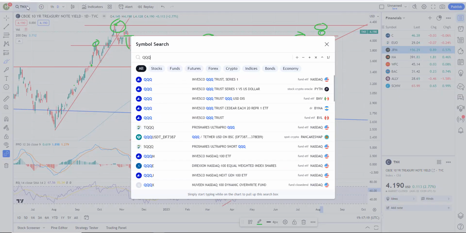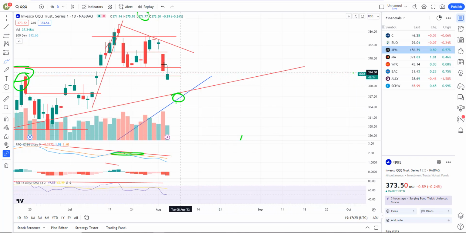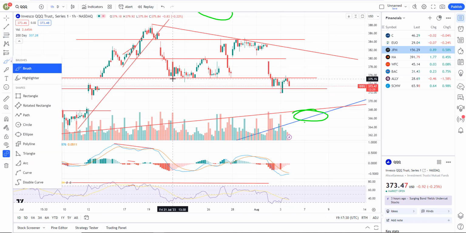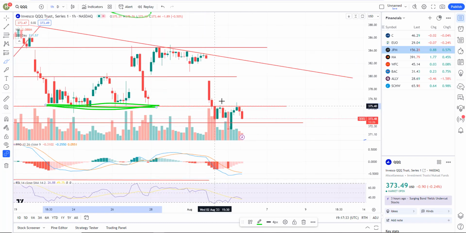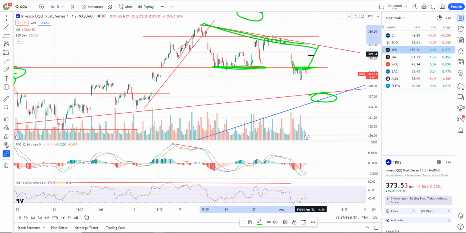Okay, so let's flip over to the triple Qs, because obviously this thing should move today after Apple earnings. So triple Qs, let's go to the hourly. On the hourly chart, you can see here's our former support zone right there. All right, we held that for a while, and we are trading below that. You can see breakdown, and we are getting rejected so far. It's proving to be resistance. So, I think that's likely going to continue to be resistance. Obviously, earnings can foil that. We might see a pop-up. There's a potential downtrend line right here on the hourly, maybe a pop-up and a back test. But ultimately, I think it's more probable that we get rejected here and head lower.